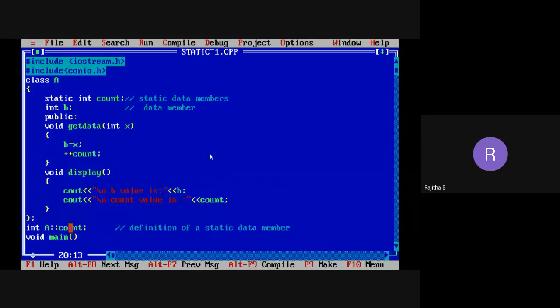You can initialize this with 0. If you are not initializing it, it will also take the 0 value. If you are initializing the value, that value will be stored into the static data member. Suppose I initialize the value as 10. In that case, what value will be displayed? Count value. Can anyone tell me what values will be displayed?